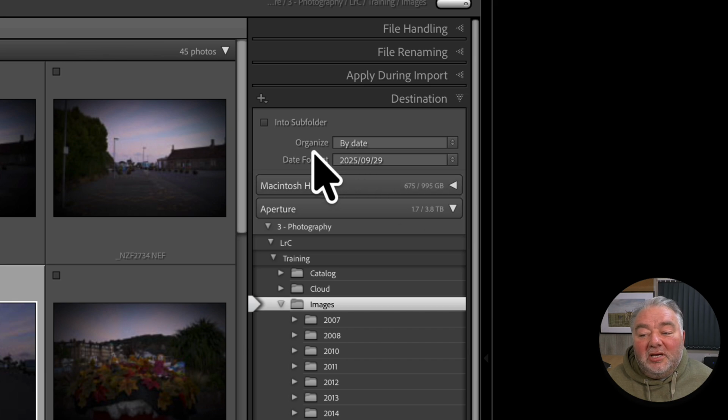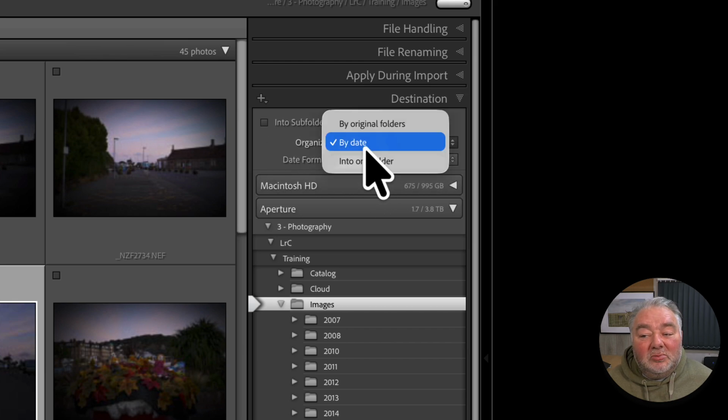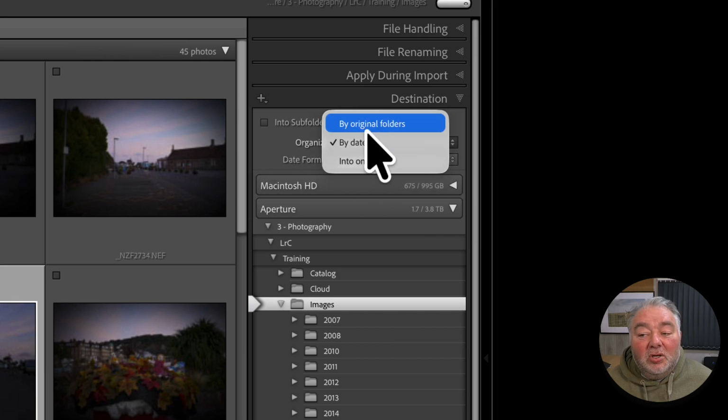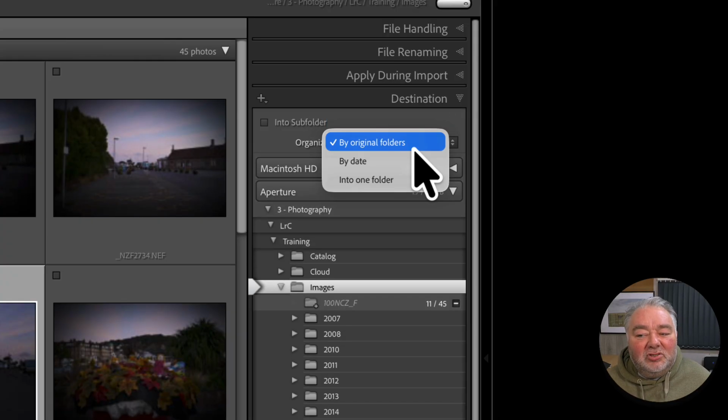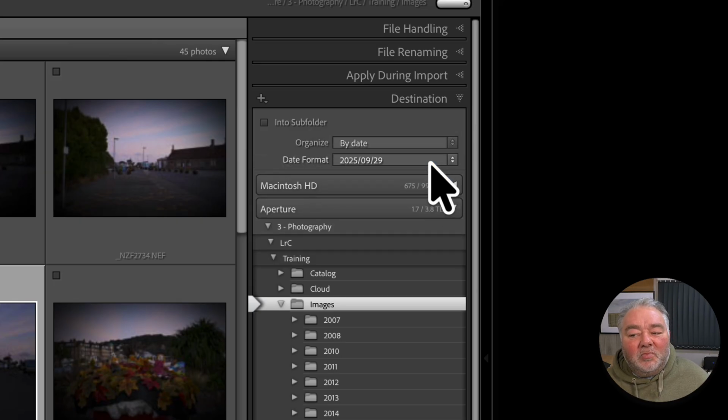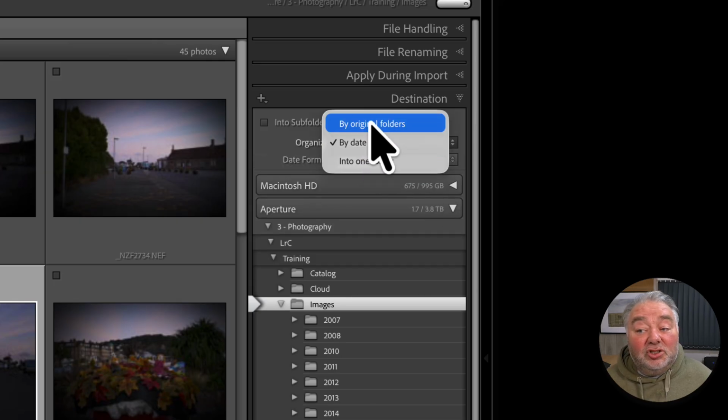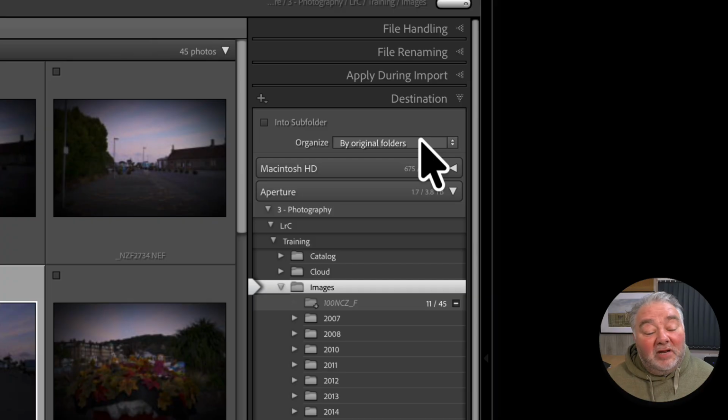Now, we can organize by date. We have this drop down here, organize by original folder. So if you have a workflow where all your videos go in a folder on your chip, it will organize them by the original folder structure. Okay, do that automatically. Just tick that box. And whatever's on the chip, it'll preserve and put it on the drive